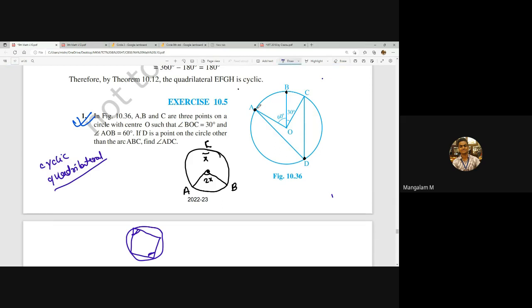यहाँ पे साइक्लिक क्वाड्रिलेटरल क्या हम बना सकते हैं, ए बी सी डी. यस, तो आप कुछ इस तरीके की कंस्ट्रक्शन करके पहले इस एंगल और इस एंगल के बीच में रिलेशन लाओगे. देन आफ्टर द एंगल बी एंड एंगल डी इज, then you find that ABCD is a cyclic quadrilateral and angle B and angle D is 180 degree, right? So इस तरीके से भी आप सॉल्व कर सकते हो.